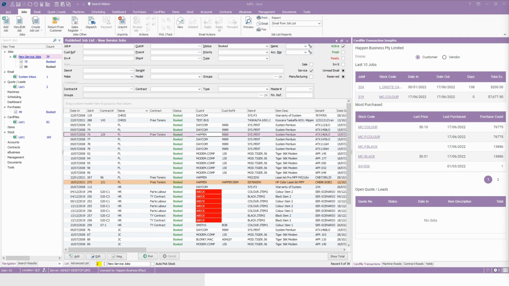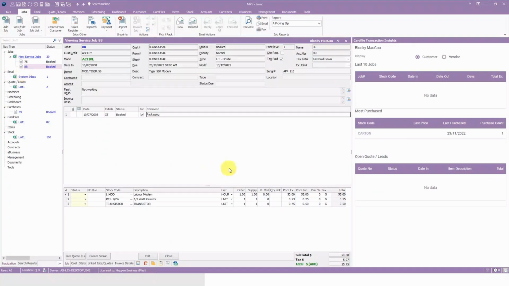Number one, search in a stock grid on a job. Jumping straight in, if we go to a job that has many lines of stock, you may need an easy way to find a particular piece of stock. Maybe you need to increase the quantity for the stock or to change the line to a different piece of stock altogether. You can do this very easily by pressing first in the stock grid and then pressing Control and